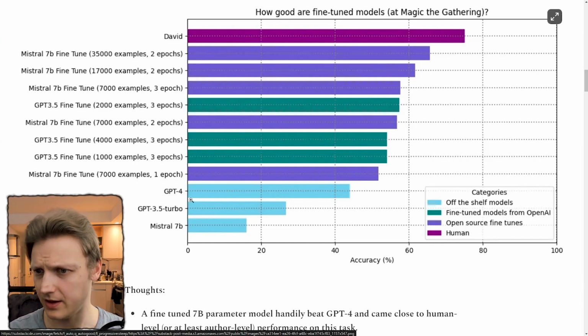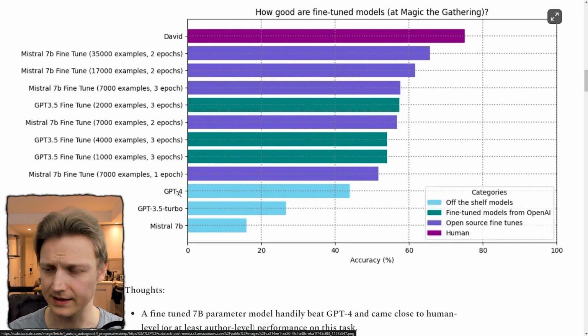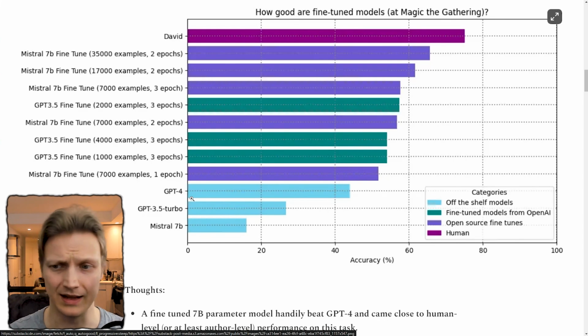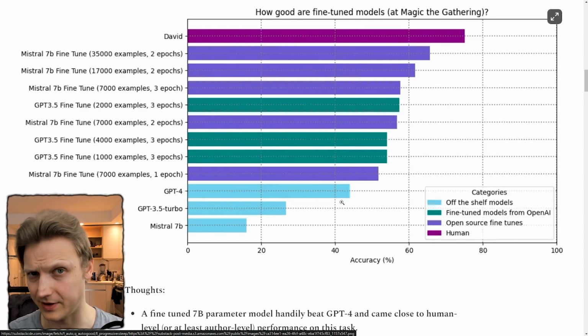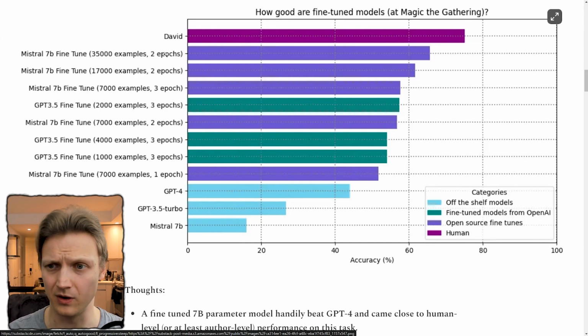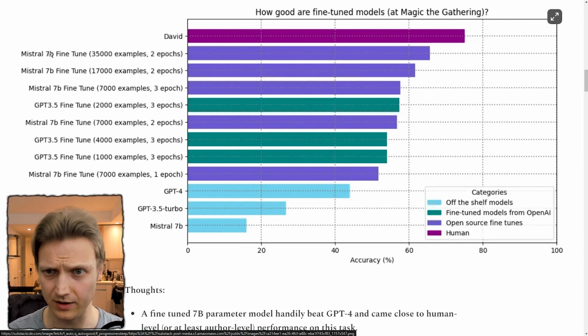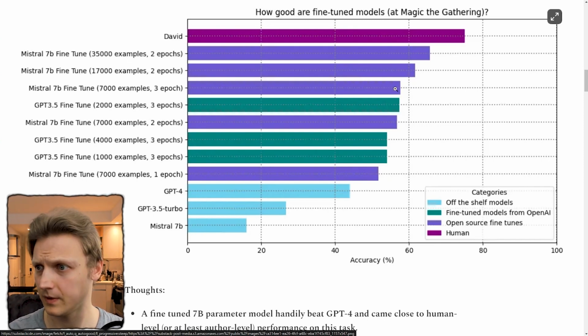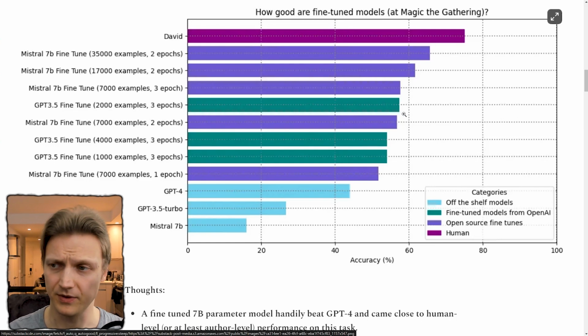But here you can also see that if you don't fine-tune the model and use a model off the shelf, even the most capable model like GPT-4 is not going to be as accurate on this particular task as if you were to fine-tune the model specifically. I mean, the smallest model here, Mistral 7 billion parameters, with very few examples given, right? Outperforms those